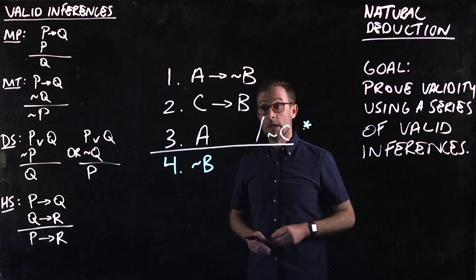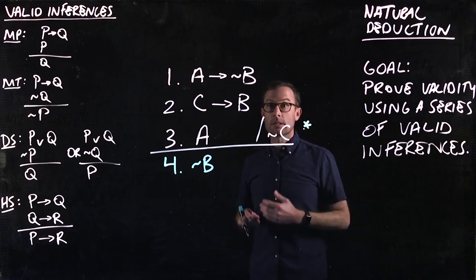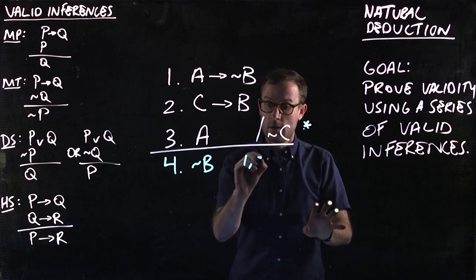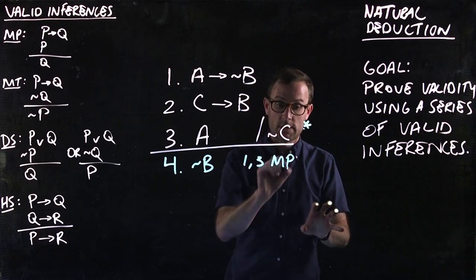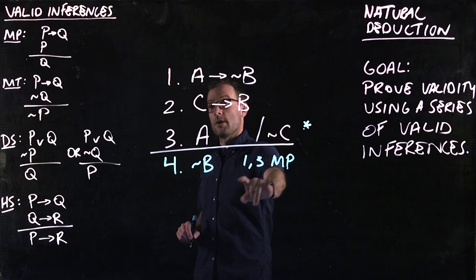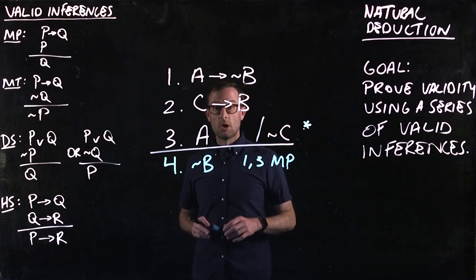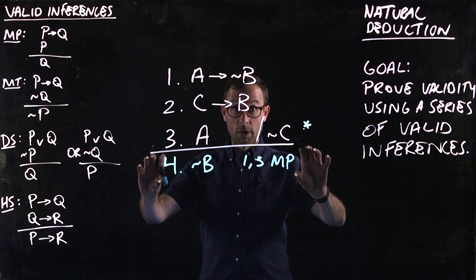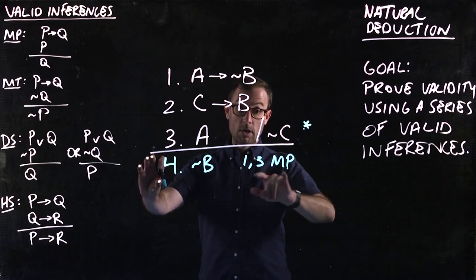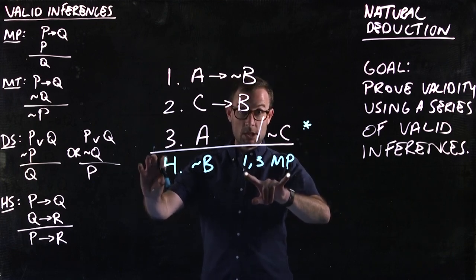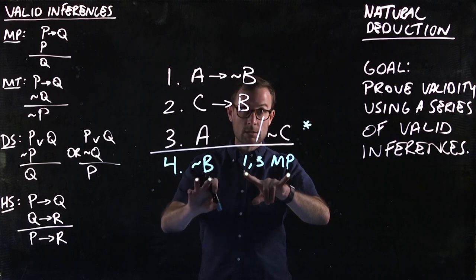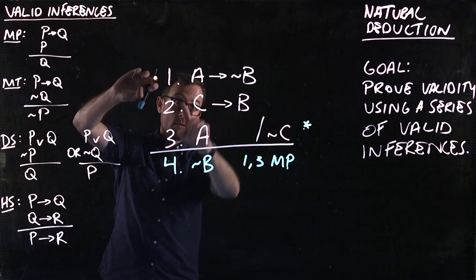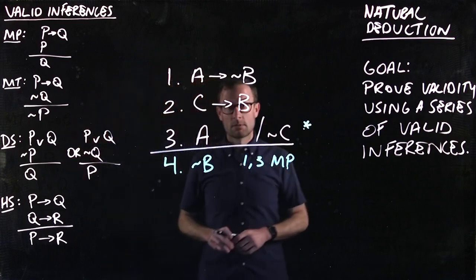So that's going to be a new additional premise in the proof, from 1 and 3 modus ponens inference. It's very important in the proof that you show how you deduced the new premise. This is what we call the justification. It justifies how we got this. I did it by applying 1 and 3, and I got 4 as a new premise through the